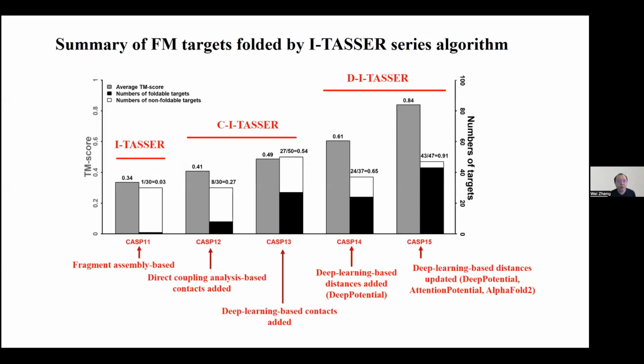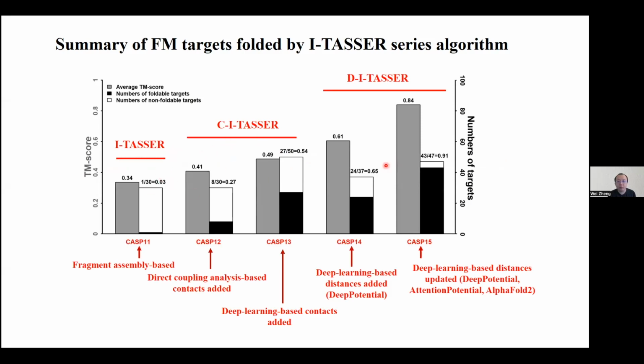You can go ahead. Thank you for the invitation from CASP organizers. I will introduce the results section for UMTBM server and the Zheng human group. As we mentioned, UMTBM server is built on the ITESR algorithm, which is an extension of our previous ITESR algorithm. This slide summarizes